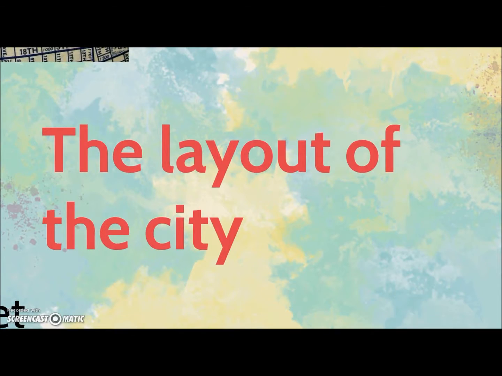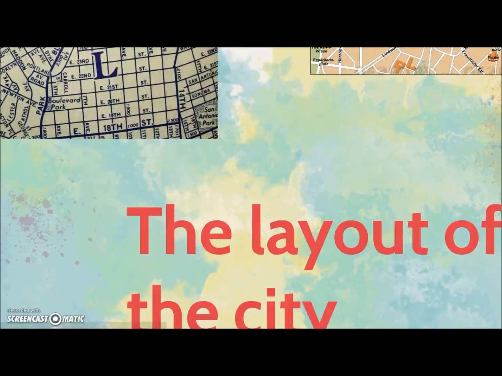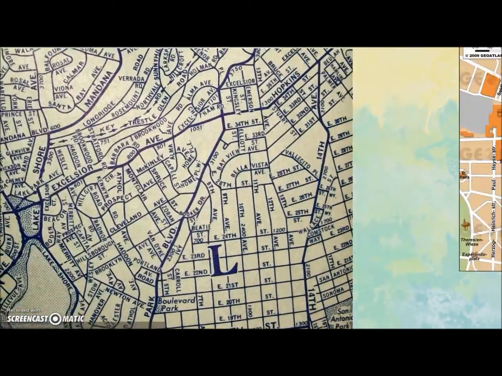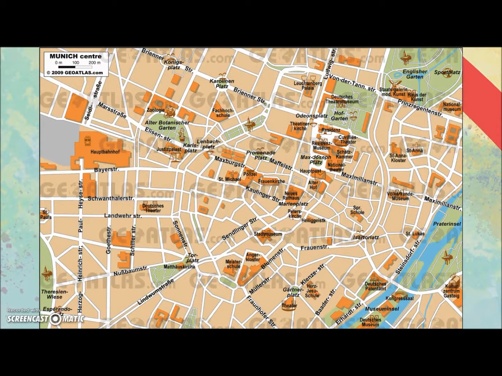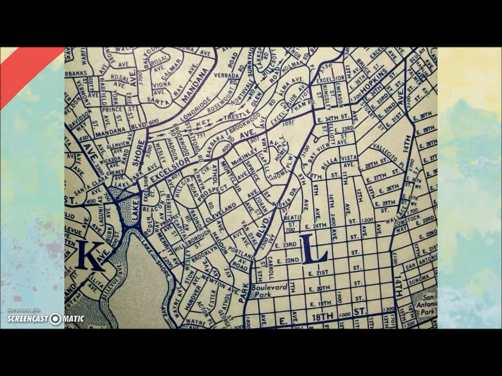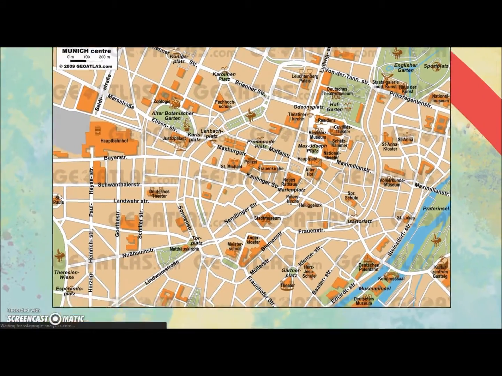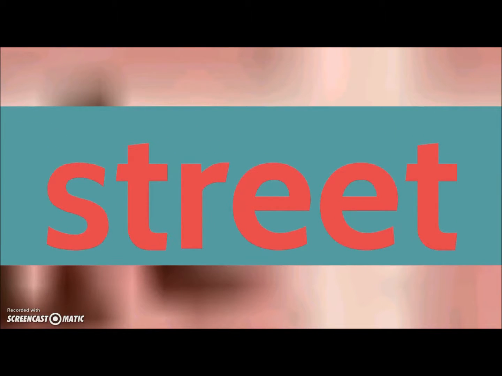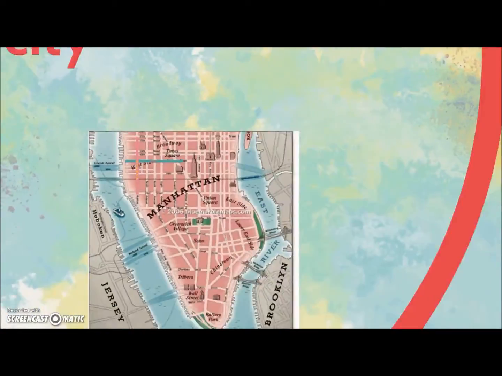Let's start with the city and look at the layout of the city first of all. This is the layout of an American city, and this is the layout of a European city. I chose Munich, which is one of my favorite cities in Germany. If you look at the arrangement of the streets, you notice straight away that the street structure is very organized in an American city. For example, in New York you will have horizontal streets and vertical avenues, which all